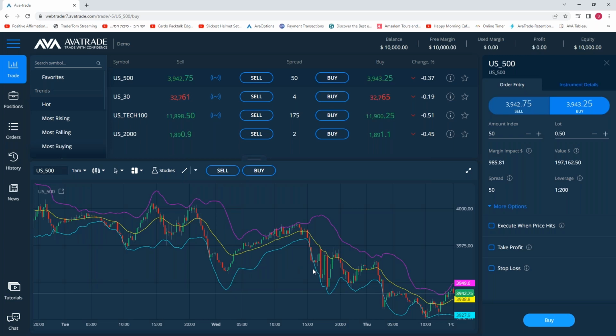You determine what you want to do first based on the longer term trend, and then you can use an indicator. This is one of them, like Bollinger Bands. It already has settings for you, and you can try to follow. Again, nothing works 100%. But even if you're not using an indicator, you need to determine which way the main or prevailing trend is going at the moment. Okay, so that's just an example.